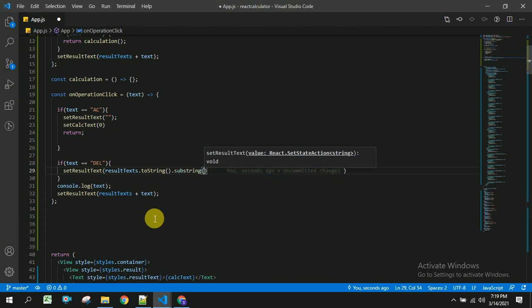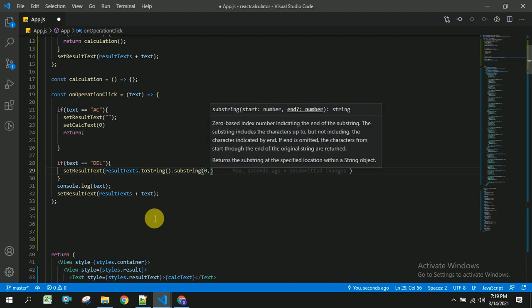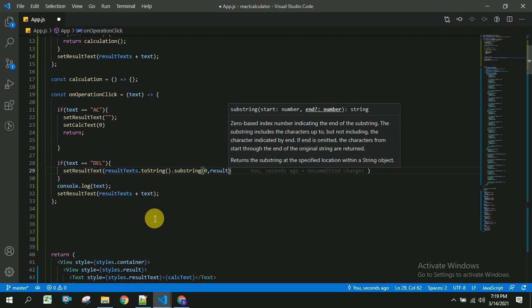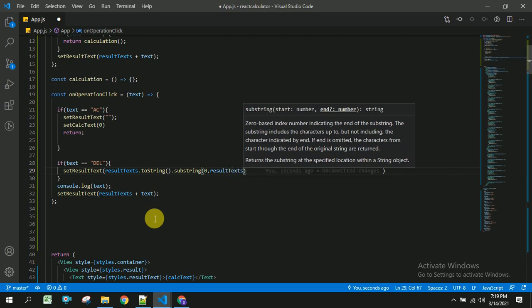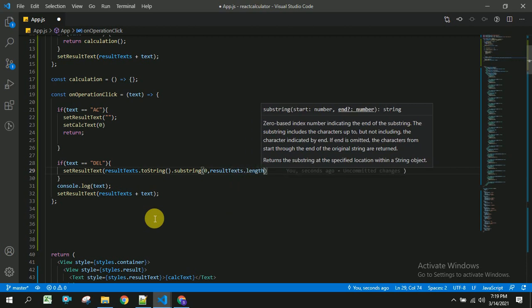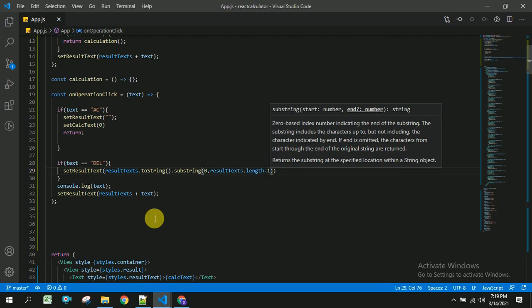In this substring I am going to take the first value to result text dot length minus 1. So in this way we can get the first value to the last value.